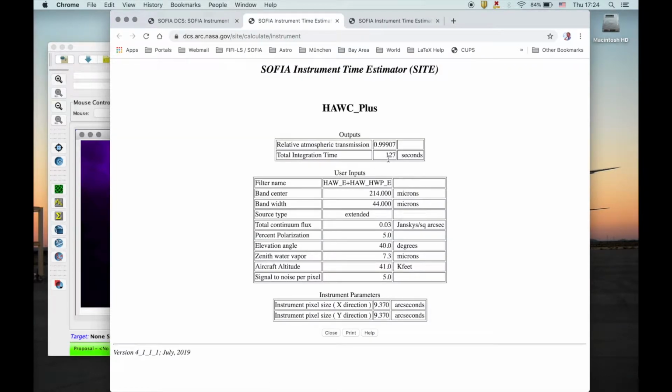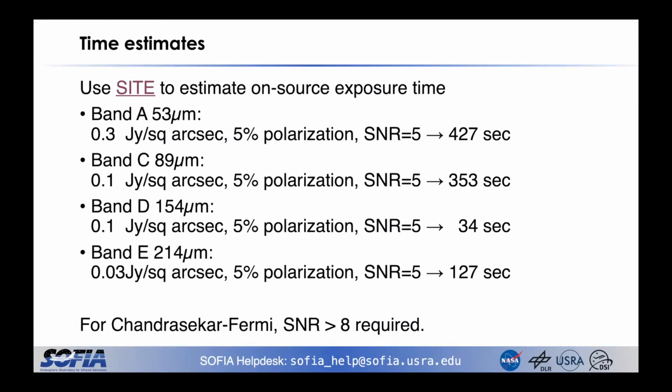127 seconds. You will see that the exact timing in this case is not very important. Here I also calculated the other times. We get to these numbers: 427 seconds, 353 seconds, 34 seconds, and 127 seconds for all of these different bands, making these assumptions for the different